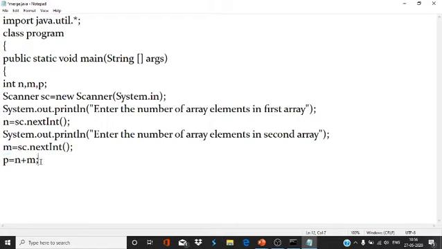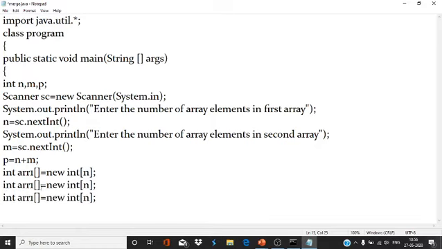This is the length of the first array, this is the length of the second array, and this will be the third array. Now I am going to declare the arrays, so int arr1 equals new int, the size of arr1 is n. Like this we have to declare three arrays: arr1, arr2 and arr3. The lengths will be n, m and p.